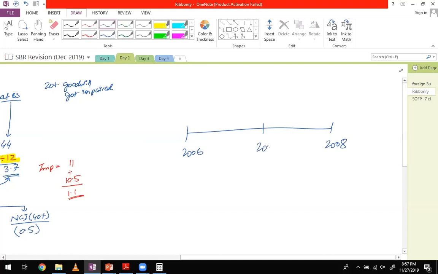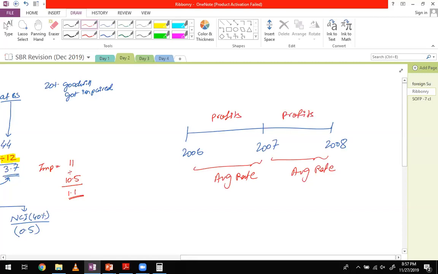Which means there was a year in between, which is 2007. So ideally, the question should have given two average rates, the average rate for 2007 and the average rate for 2008. And even the question should have given us the profits